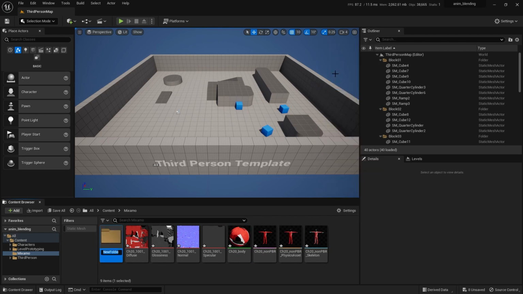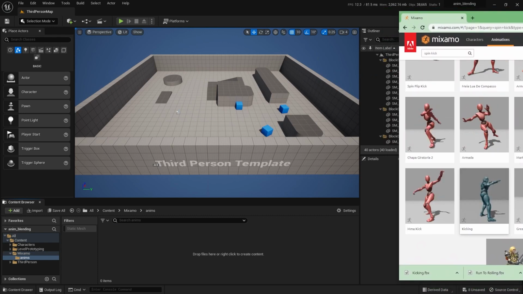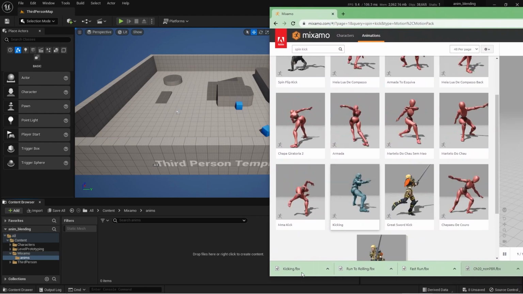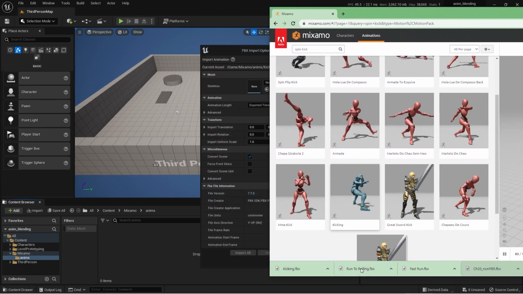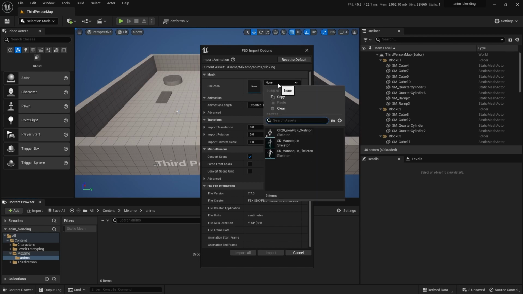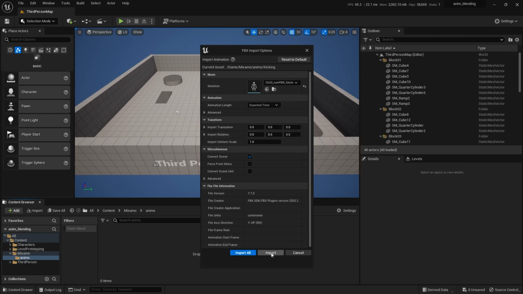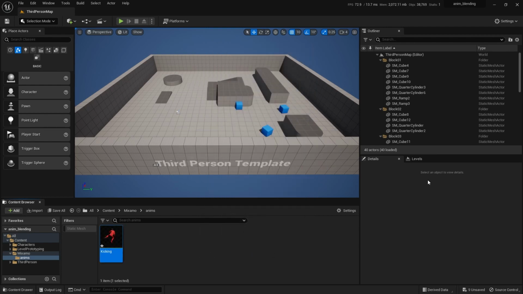Inside here, I'm going to make another folder. Just call it Anims. This is where I'm going to bring in the animations. I could have brought it in the same folder, but it gets a little messy. So let's grab these here. You could do these all at one time, but it's also handy for me to just drag it from here. So I'm going to do them one at a time. And this time, because it's an animation, and remember we chose without skin, it needs a body and a skeleton to target. So we're going to aim it to the poorly named 20 non-PBR skeleton. That's our racer. And import all, or import. There's our kick.